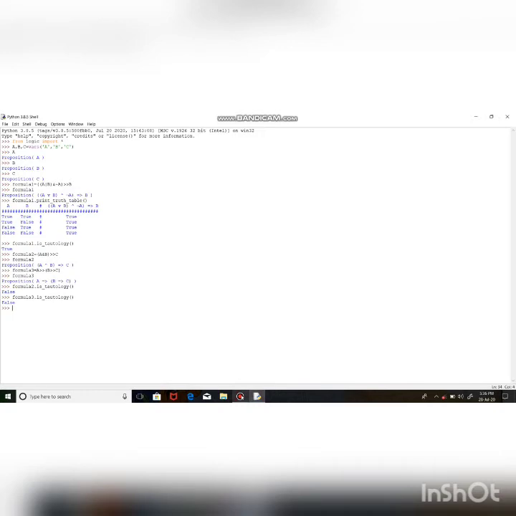Now let's check the contingency for formula 2 and 3 by using the method isContingency. For formula 2 we got true, which describes that it is a contingency. And similarly, now let's check for formula 3. Here we got true as well as above, hence it is also a contingency.